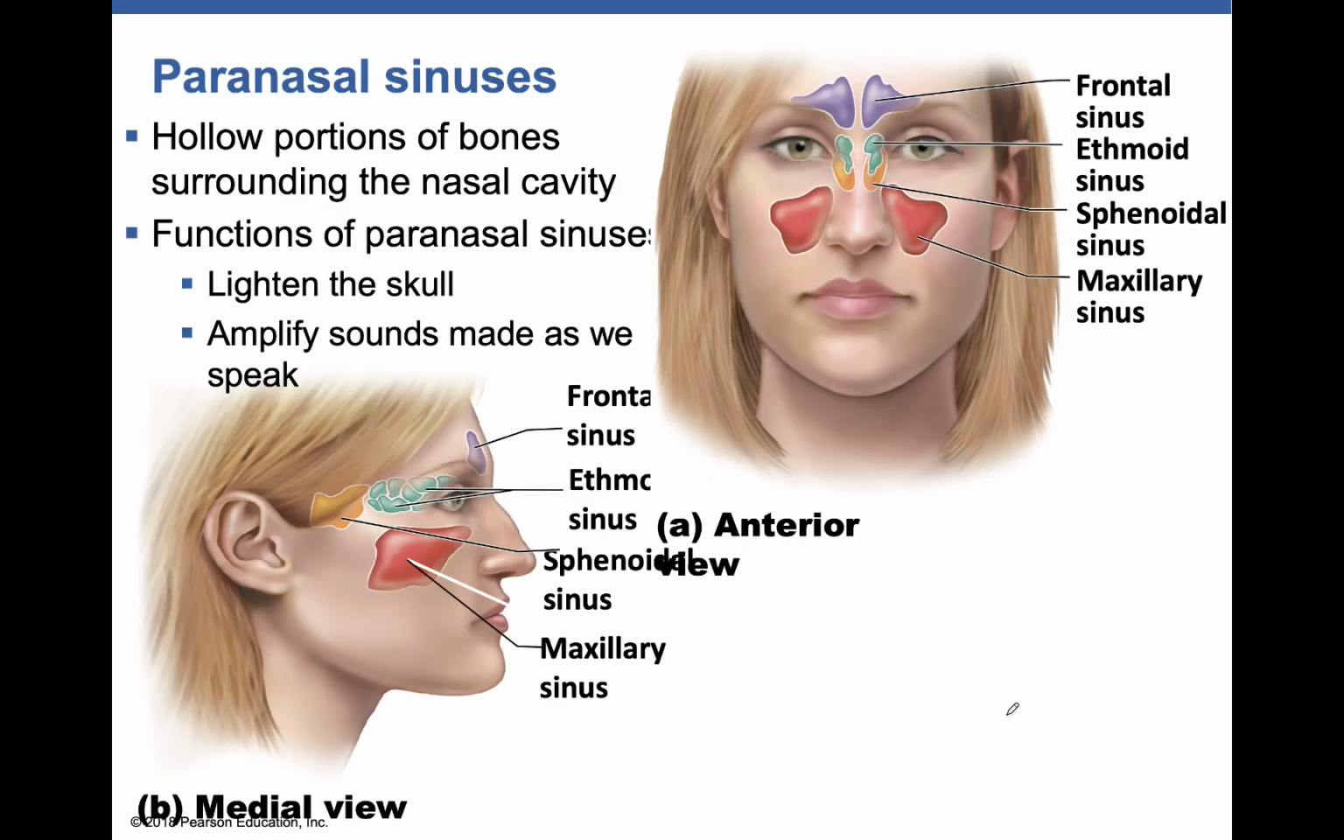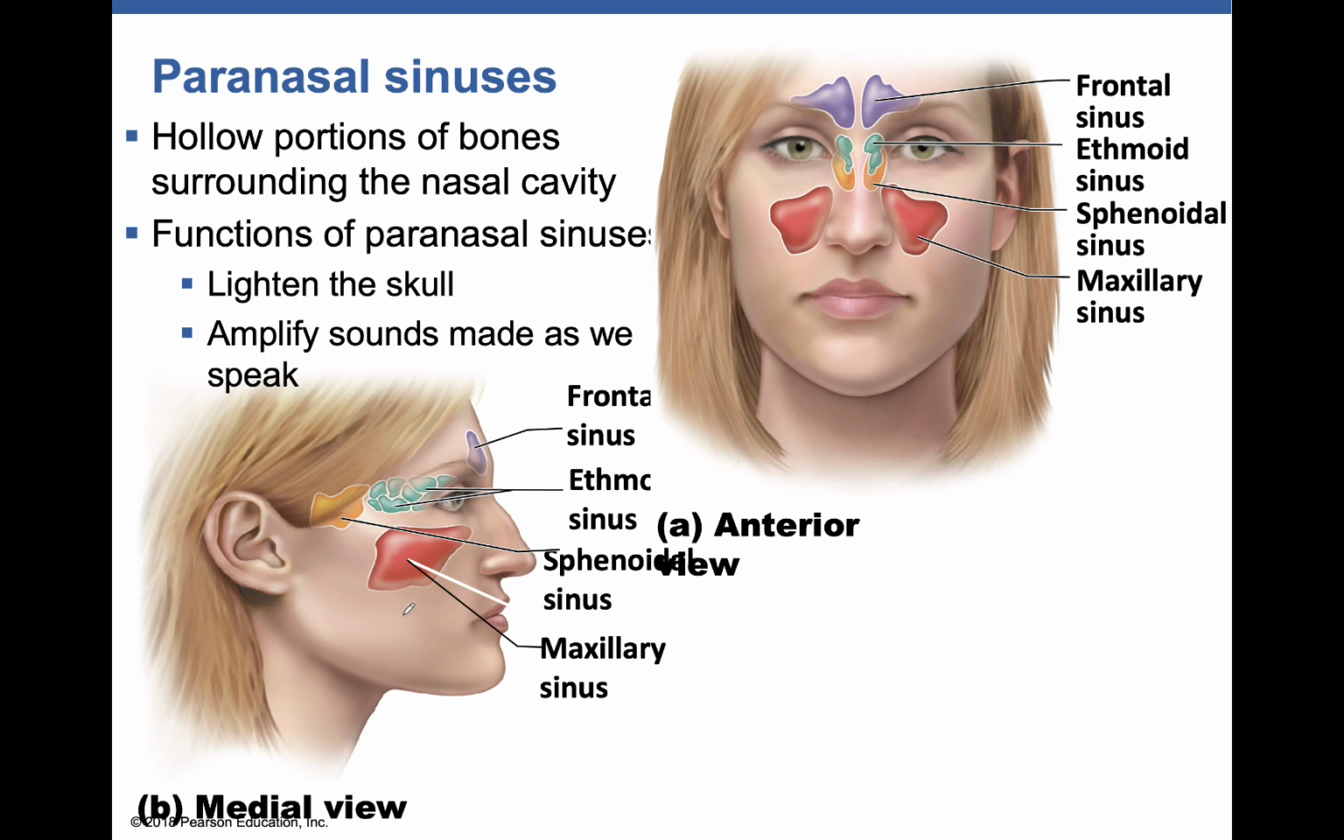Now, the next piece we get into are what's called paranasal sinuses. In general, we can just call these sinuses, like when you have a sinus infection or when your sinuses feel full. This is what we're talking about. Sinuses are hollow regions of your skull, and they're hollow in order to lighten up the skull and to amplify sound. You have 4 sinuses that I need you to be able to label on either a frontal image or